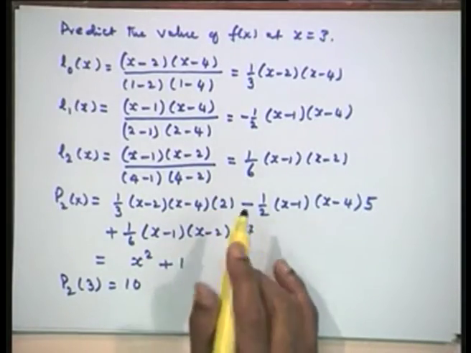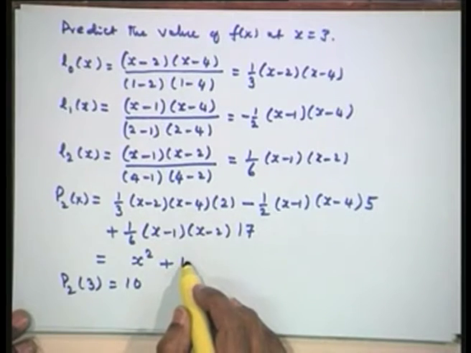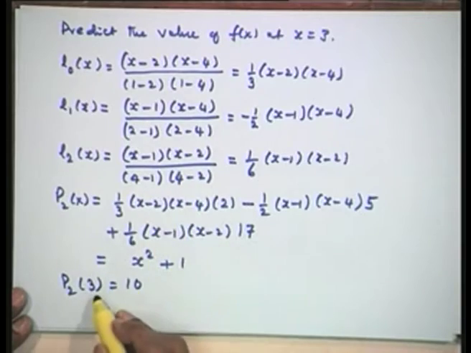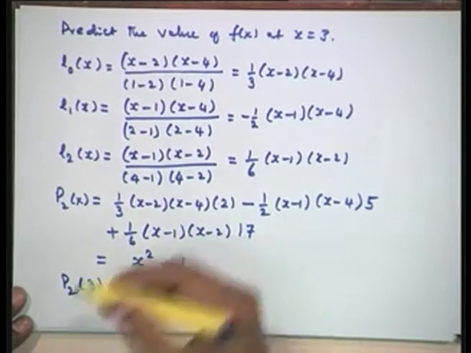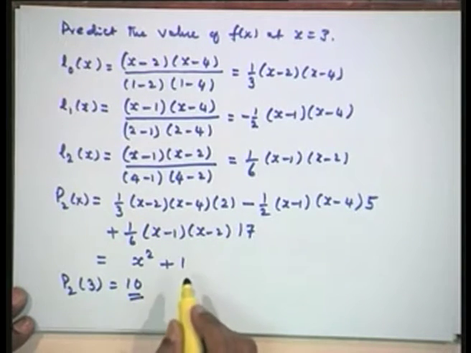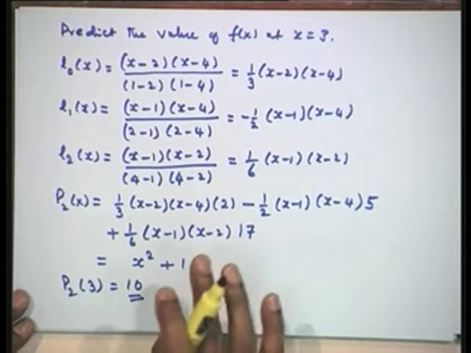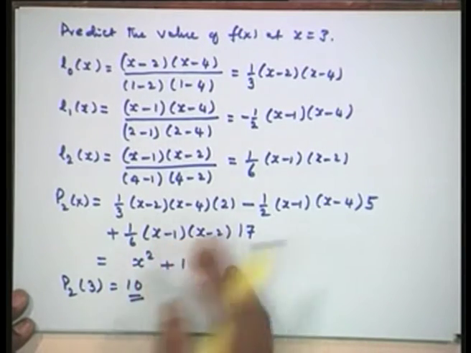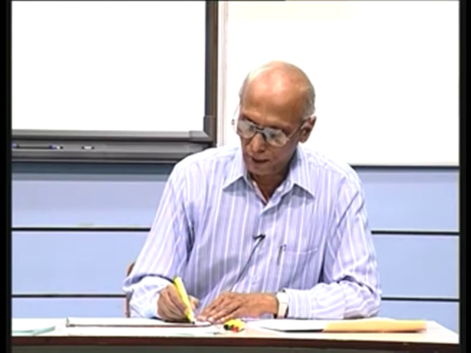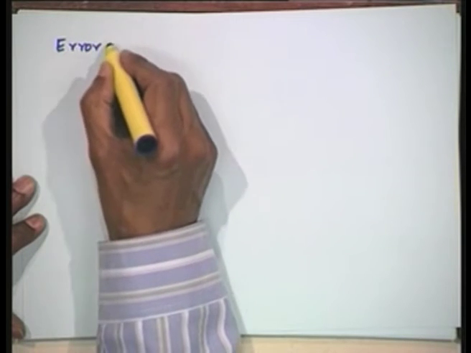And this is the predicted value. Now, as I mentioned earlier, the polynomial that we are constructing fits the data exactly, but when we predict at a particular value, not a point which is given there, we do not know how accurate this particular value, this 10, is. Therefore, we must define what is the error in our interpolated values, which we can also call the truncation error. So, we would like to derive a formula for the error of interpolation. Let us call this the error of interpolation.